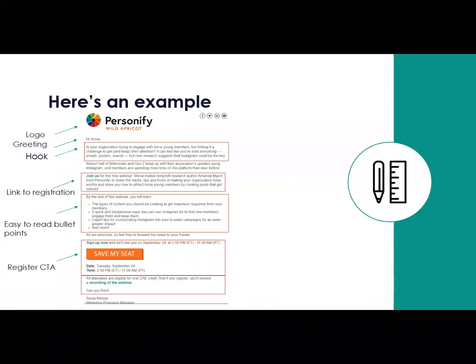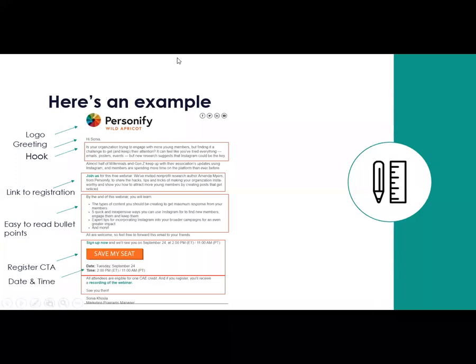So the button, we have found the button to be extremely, extremely useful. Because it's bright, it's red, it's captivating, even if you're not reading the rest of the text, you're going to want to click on that big, bright orange button, right? So that's very helpful if you can use buttons, and then linking the button out to your registration page is very easy. And then we've got the date and time.